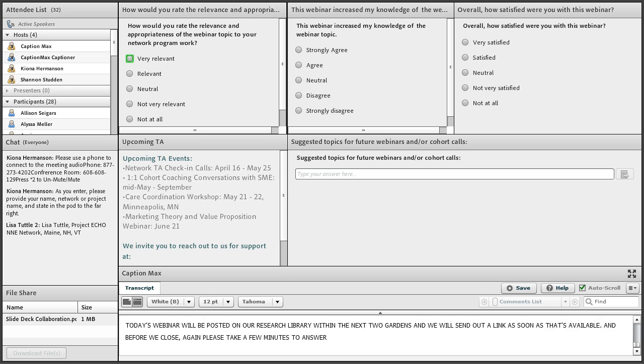Okay, so let's talk about a couple best practices. When you know people will be joining remotely, be sure to send out copies of all materials beforehand, again, not just the agenda, but any slides, any handouts, any other materials you'll be referencing. Be sure that you start on time. Some experts recommend starting